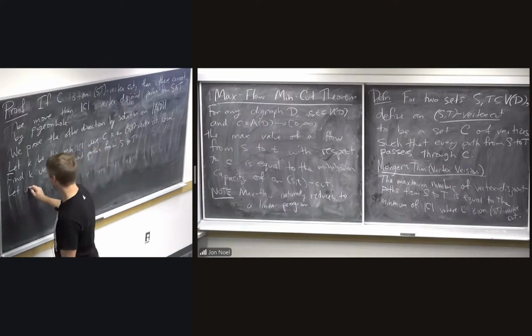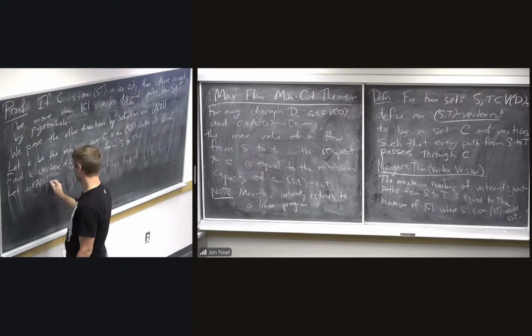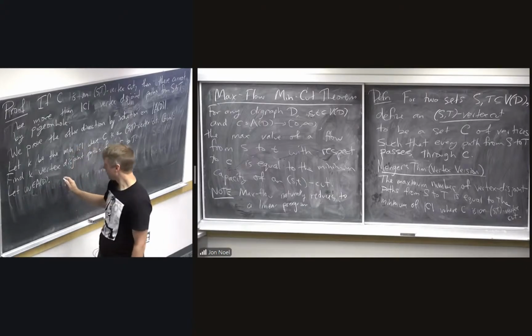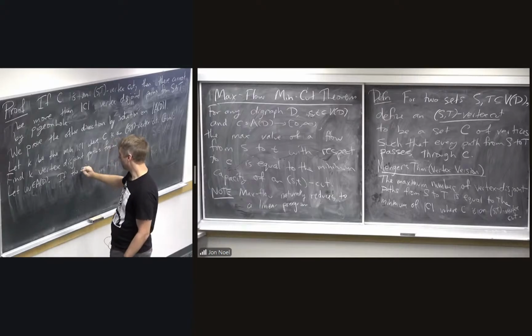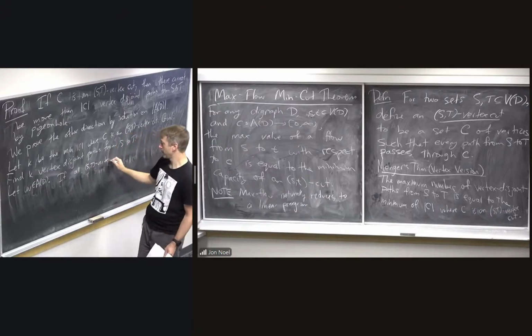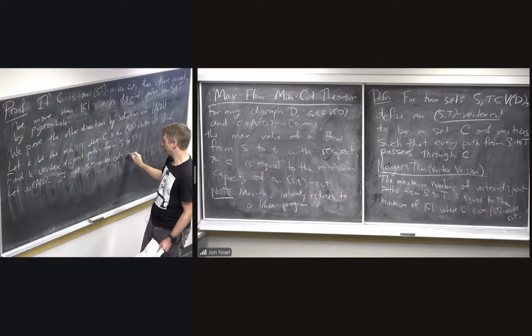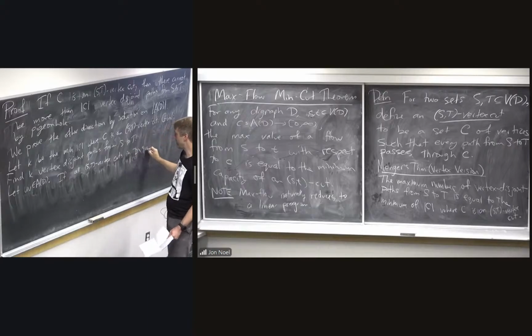So let UV be an arc of D. So if all ST vertex cuts in the digraph where I take away the arc UV have size at least K,